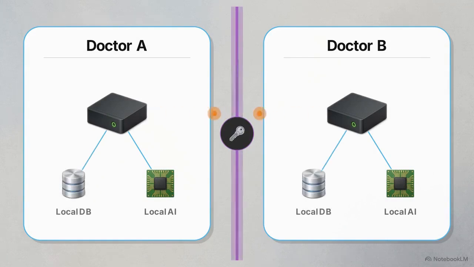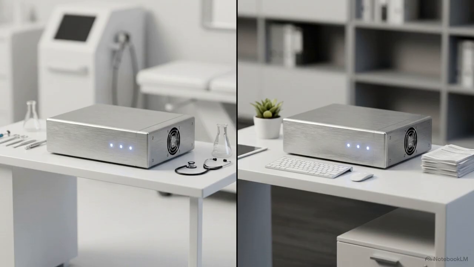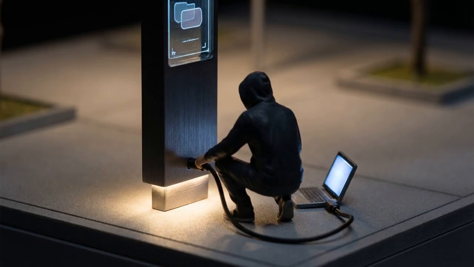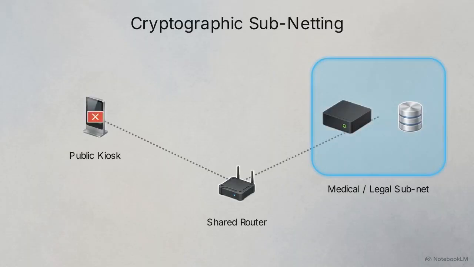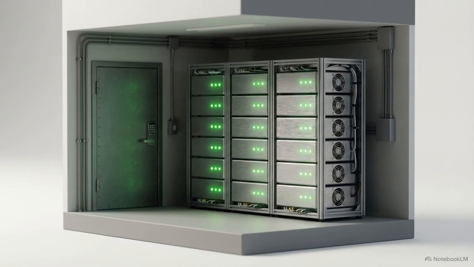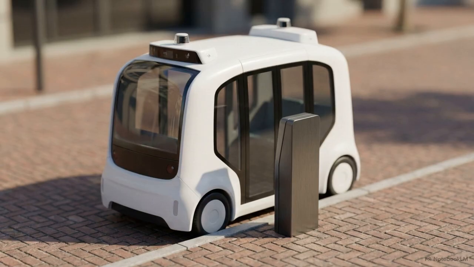Dr. A and Dr. B do not share a database. Each clinic has an independent sovereign sentry node running an isolated language model. If a malicious actor successfully breaches the public visitor kiosk on the town square, they cannot pivot that attack into the medical or legal subnets. By securing sensitive records using local mathematical encryption, rather than trusting a remote cloud provider's terms of service, the infrastructure guarantees municipal privacy. The network also extends into physical space through the hospitality and transit pillars.